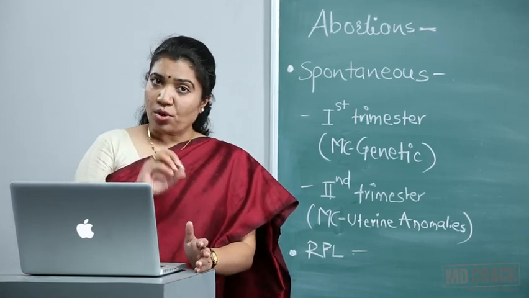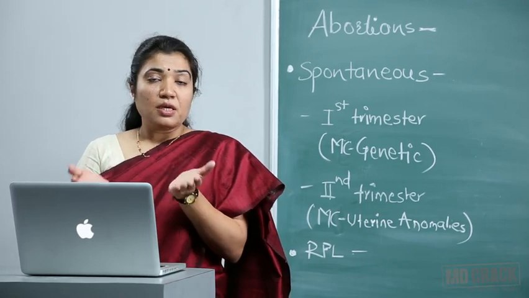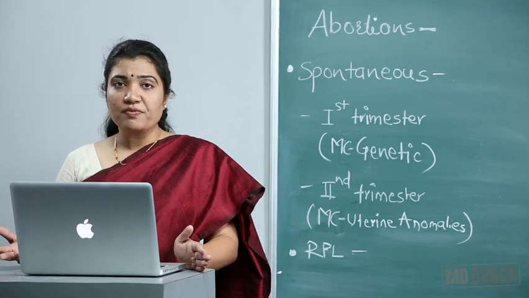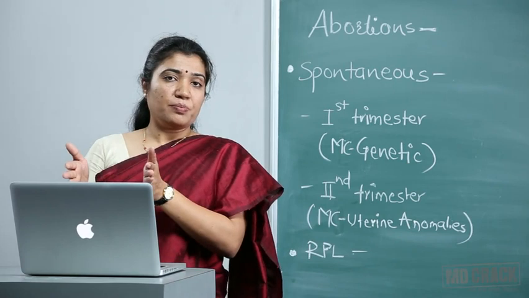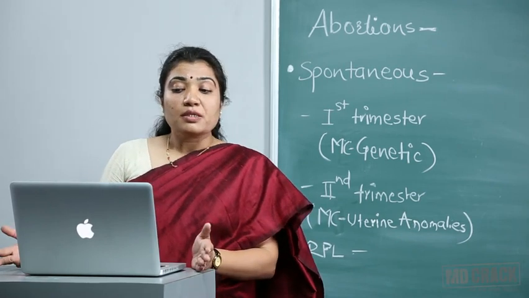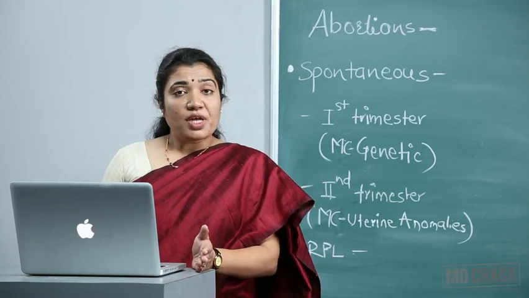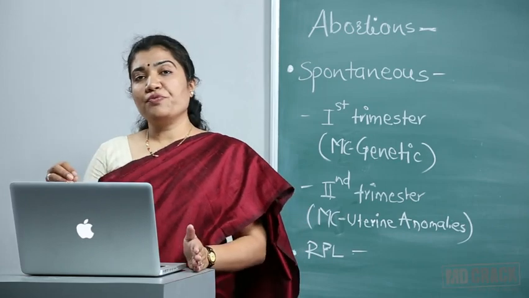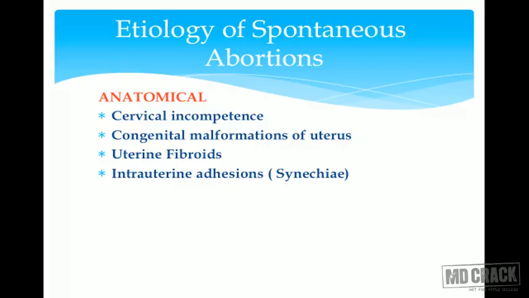Now what are the reasons? The uterine cavity is smaller, it cannot get distended, the decidua is defective, vascularity is affected, implantation is defective, and naturally after a certain gestational period the pregnancy cannot get carried forward. Uterine fibroids. Depending on the size of the fibroid and the location of the fibroid, it causes abortion. If the fibroid is bigger and more towards the cavity, that means the submucous variety, it's more likely to affect the pregnancy, and abortions are quite commonly seen in these types of uterine fibroids.